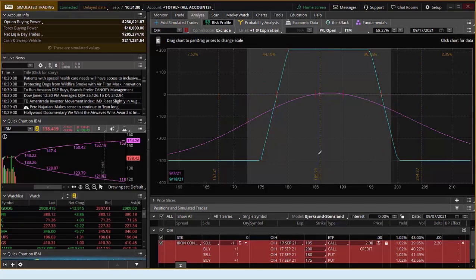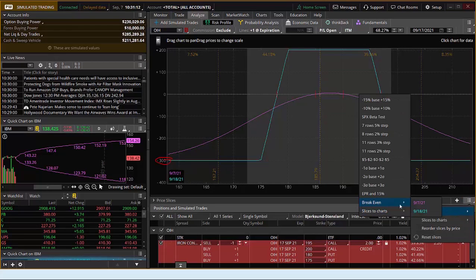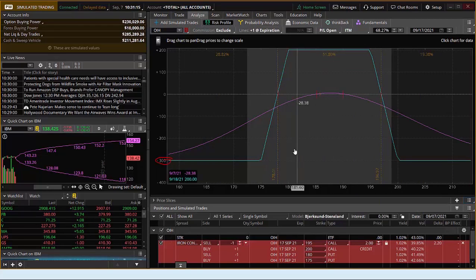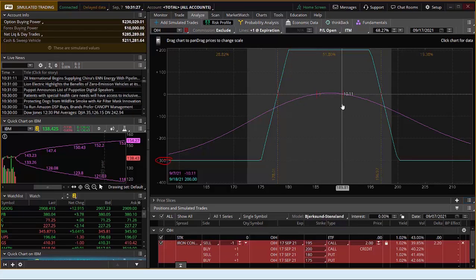And here, your max risk is 300, but that's a lower probability. Your max reward is 200. That's got a decent probability of success. In fact, let's set our price slices to break even at expiration. And it says, look, there's a 52% chance you're going to be in your profit zone. So in order for this to work based on those numbers, if you're just going purely on the statistics,